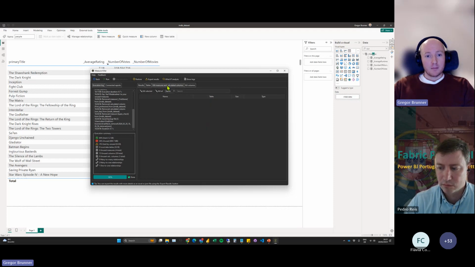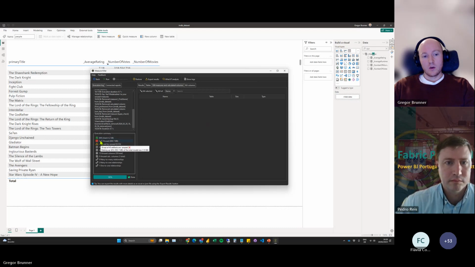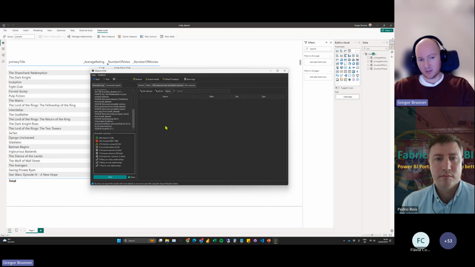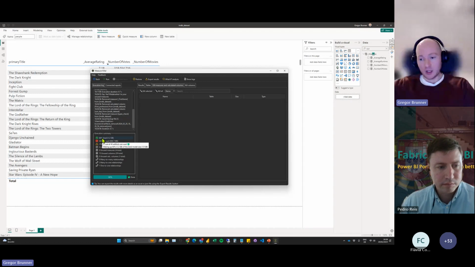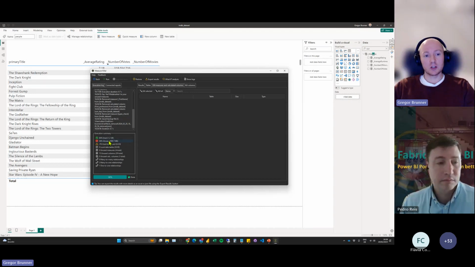So I removed the measures and calculated columns now. And if I want to see, you can also see this output has updated, right? Before we had 49% used and 51% unused. Now we have 64% used because we removed this calculated column and it had like 600 megabytes or something. So in the end, we want to go up to 100% used and we want to kick out all the unused stuff. So it's like a process, but we'll get there.